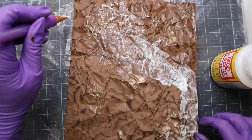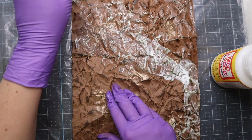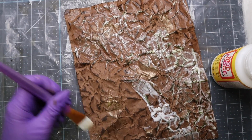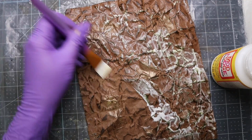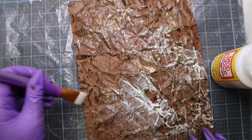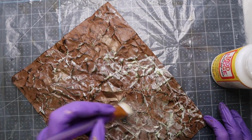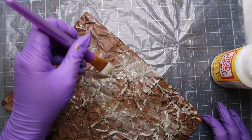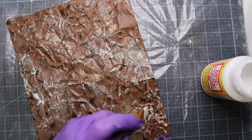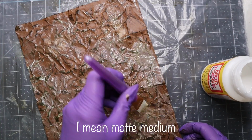Probably should have done this one in the matte medium to see if it came out matte. Oh well, I wish this was actually matte. If anybody knows a good medium that's actually matte, let me know, because I think I heard the Aleene's, I'm not sure, Mod Podge, I think it's called. Even my other Mod Podge that I got doesn't seem like it's...